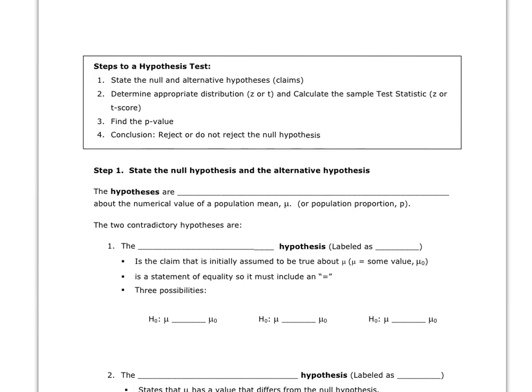Now we're going to talk about the four-step process for hypothesis testing. First step is to state the null and alternative hypotheses. Okay, that's another way to say we're going to come up with the claim and the contradictory claim, and we're going to put it in kind of the formal